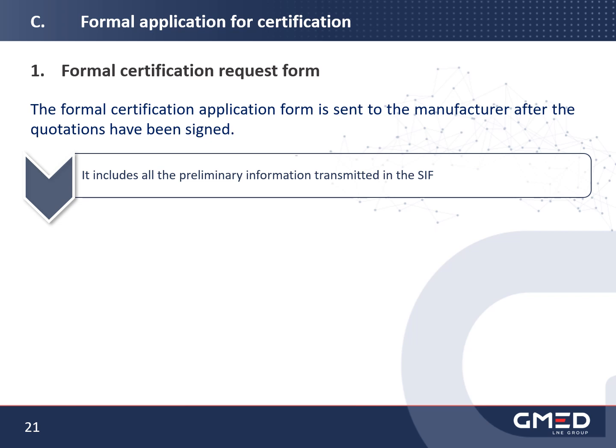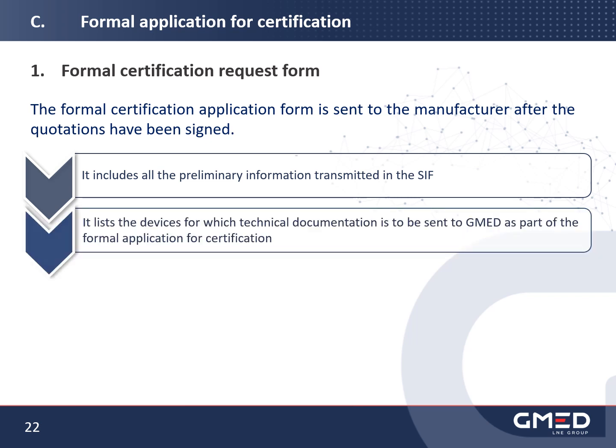It's a completely personalised form, tailor-made for the manufacturer for whom it's intended. The formal application for certification form enables the manufacturer to identify the devices for which the technical documentation to be submitted to GMED as part of the formal application for certification with a view to their evaluation during the technical documentation assessment activities. As a reminder,